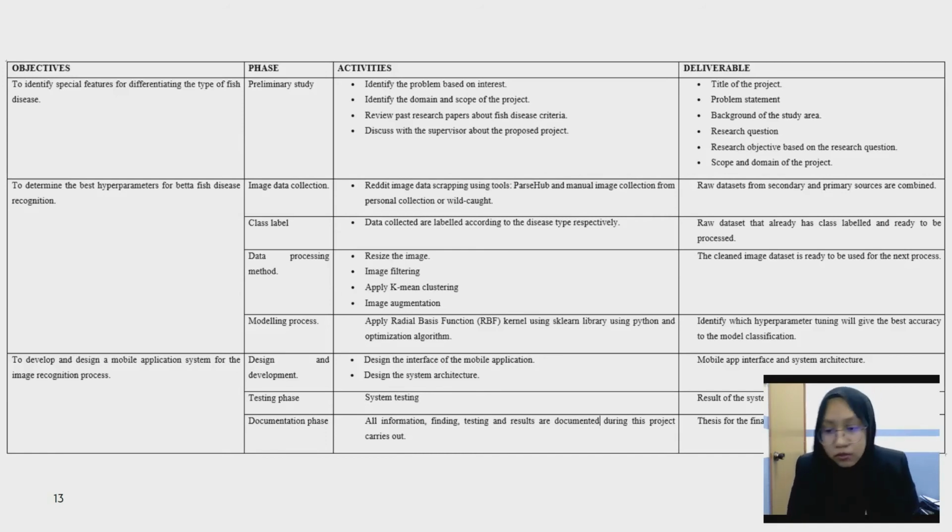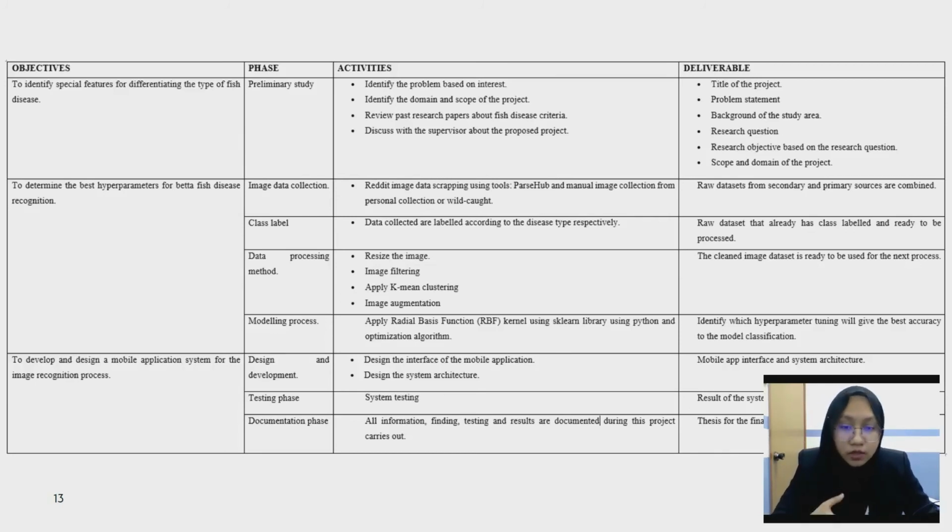In the modeling process, I will apply the radial basis function kernel built into the sklearn library using Python and an optimization algorithm. Based on this, the deliverable is the hyperparameter tuning that will give the best accuracy to